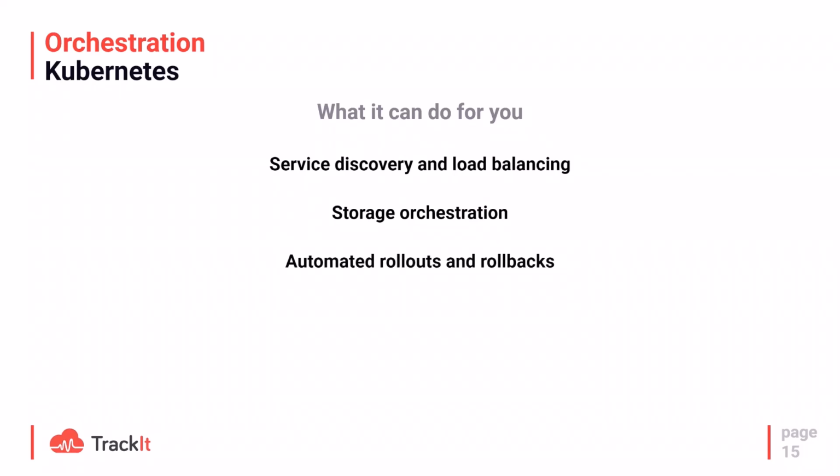Kubernetes is also very strong with automated rollouts and rollbacks. So when you are updating your application, Kubernetes is gonna provide you a system that can deploy your updates gradually. Firstly, you're gonna deploy on a new set of containers and say that 15% of the traffic is gonna be directed to the new update. And if everything is correct, you can upgrade to 30%, 60, and then 100%, and you remove the previous version of your deployment.